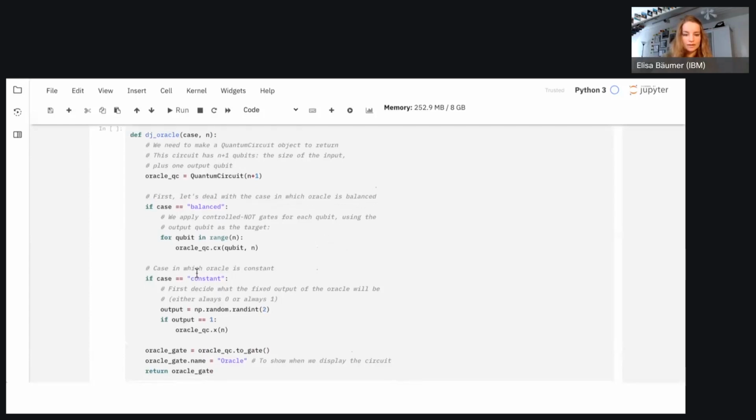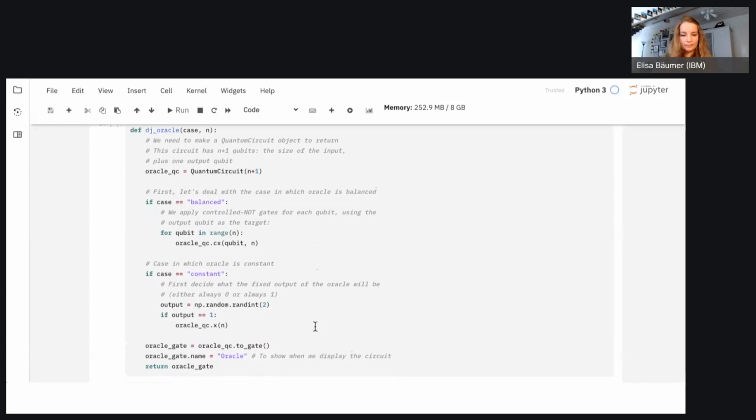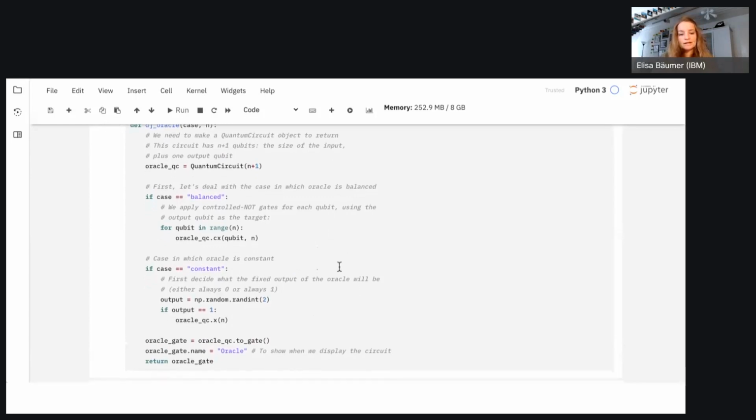Then let us define the balanced case and the constant case, and depending on that, how the oracle looks. The balanced case is where for half of the inputs we get 0, and for half of the inputs we get 1. There are a lot of different ways to implement that.